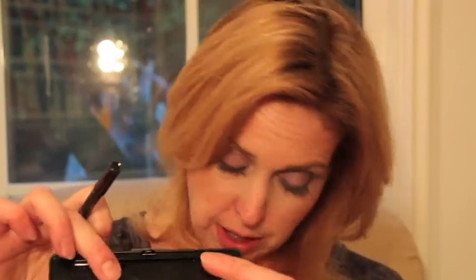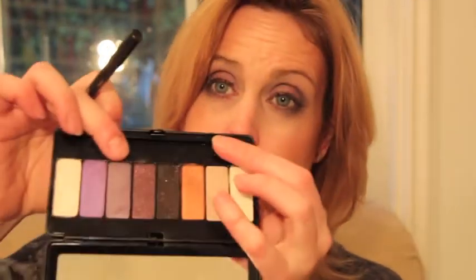I have so much space up here that if I do too much of that, I start looking a little bit overdone, so I have to be careful. These shades are light enough that I can do a little bit of it. So I took the Babe right there, lavender, put that in the inner corner. I took my least favorite shade, Skiba, and I put that kind of on the outer